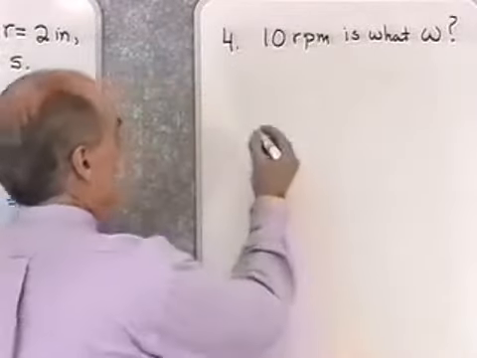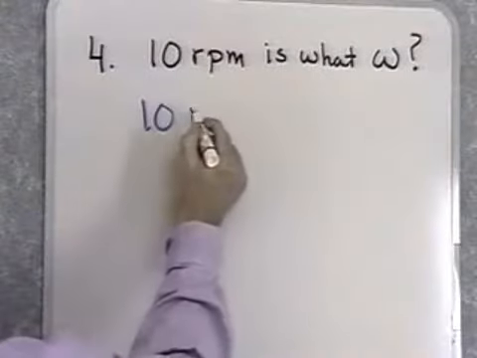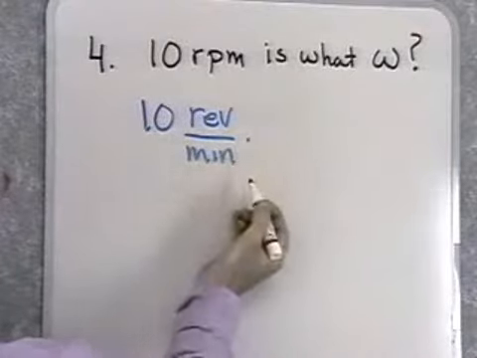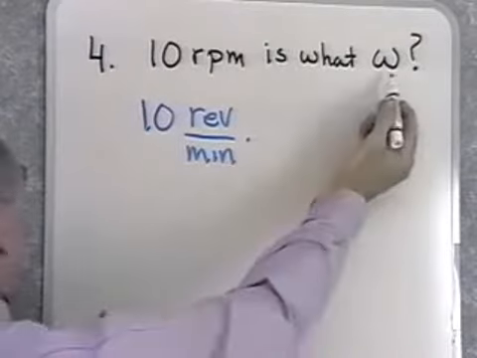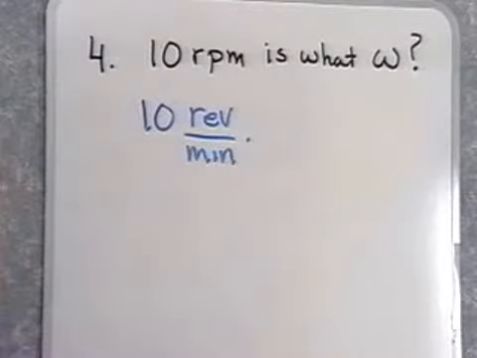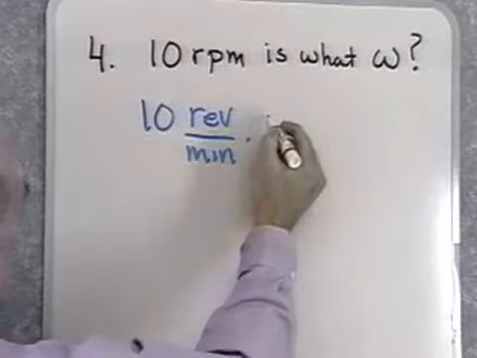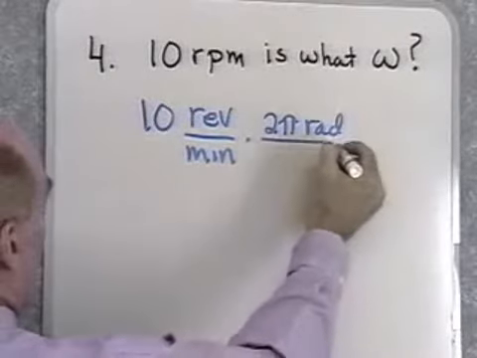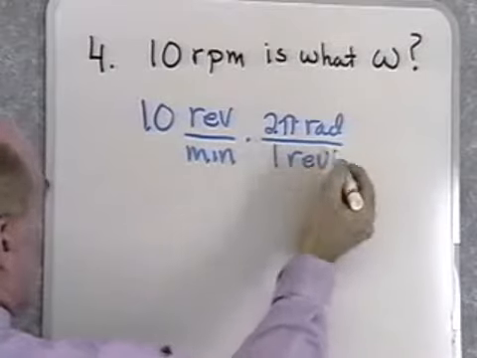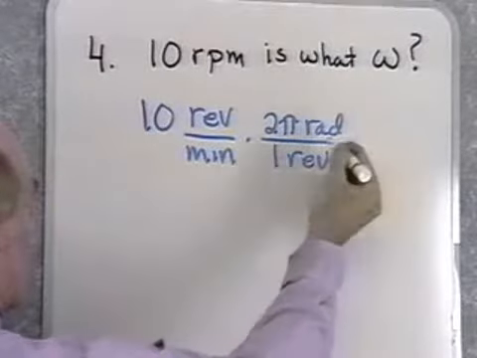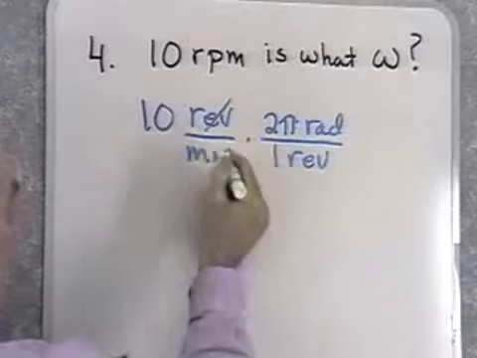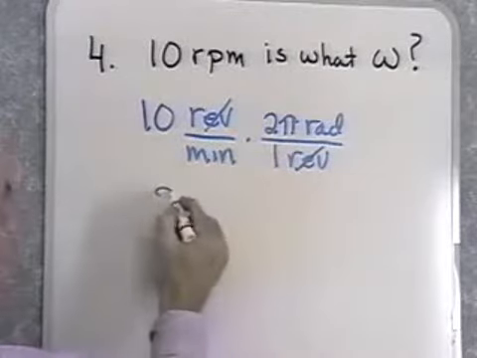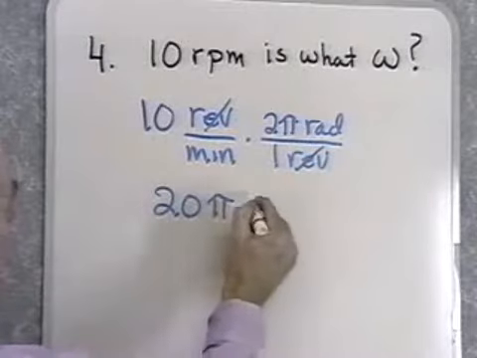Here we go. So I have 10, and I'm going to write this as revolutions per minute. Now I'm going to multiply this by a conversion factor that's going to have me end up with radians per minute. So what I have is this: 2 pi radians are in 1 revolution. So 1 complete revolution around the circle is 2 pi radians. You can see that my revolutions will divide out right here, and I'll have 10 times 2 pi, which is 20 pi radians